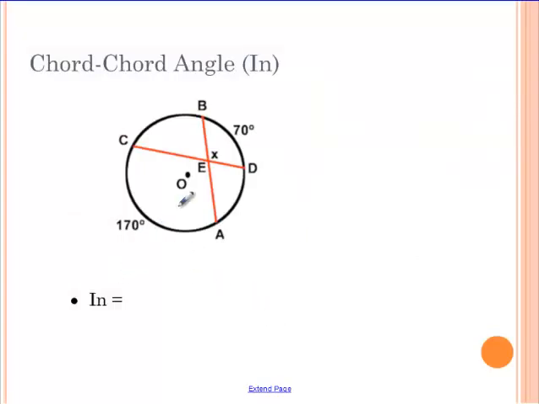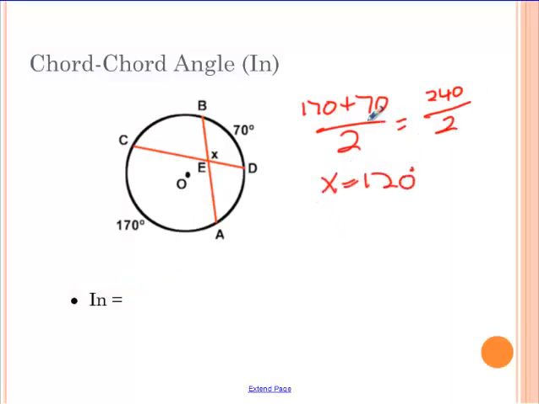So when an angle is in the circle, in the middle, where it's not exactly on the center, it's more than 70, but it's got to be less than 170, so it's somewhere in the middle of those two. What we actually do is take those two and average them. 170 plus 70 over 2. When you add those two up, you get 240 over 2, so that angle is 120 degrees. So an in angle, and I'm going to use the same notation for angles that are outside, is big arc plus small arc